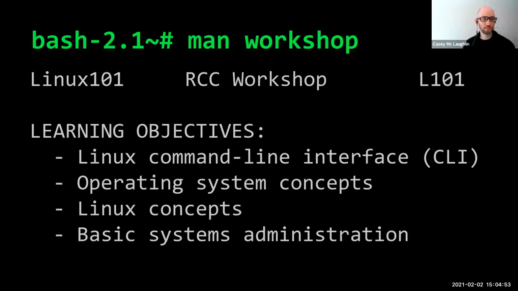We're going to talk about you, specifically what you'll be learning in this workshop. So most of you have specific reasons for being here. Like I said, some want to learn the basics of the command line in order to use RCC resources like the high performance computing cluster, or you just may want to get an overview of the command line for your own purposes. Whatever your reason, I hope to show you some interesting stuff. So let's dive in. We're going to be covering Linux command line mostly, and operating system concepts, Linux concepts specifically, and of course, later in part 2, we're going to be covering basic system administration.